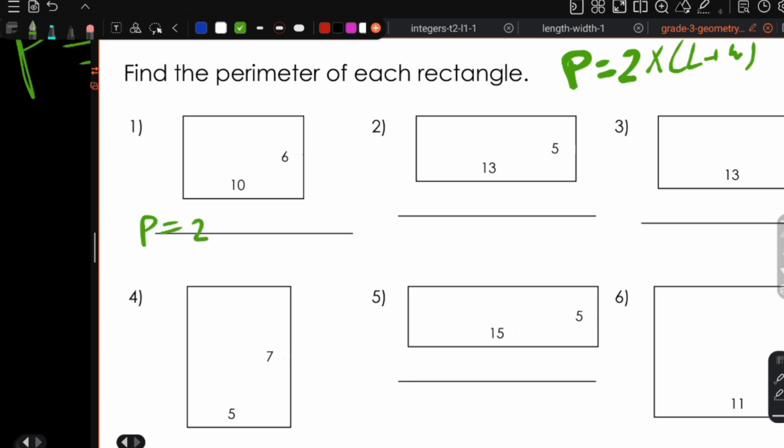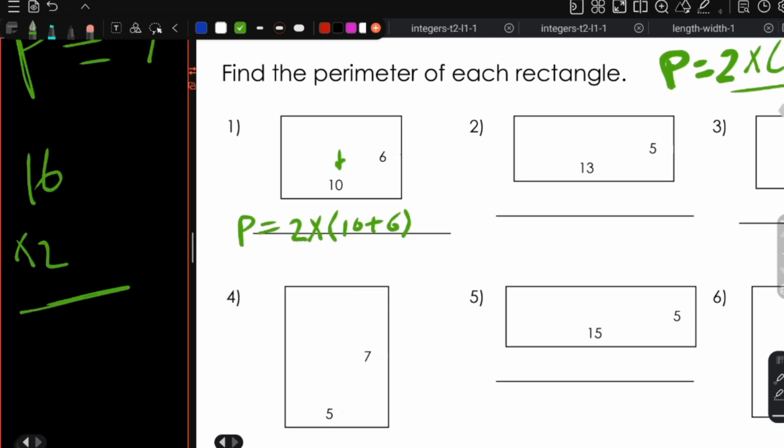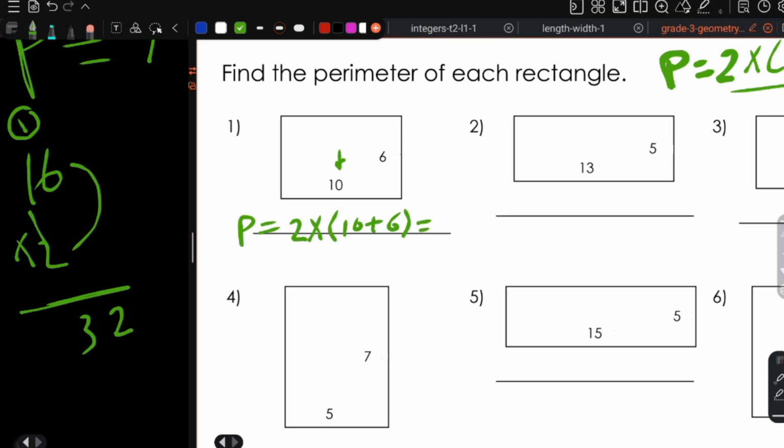Okay, using this rule: 2 times length 10 plus width 6. 10 plus 6 will be what? 16. Okay, and I have 16 times 2. 2 times 6 will be 12. Write 2 and carry up 1 here. 2 times 1 equals 2, plus 1 equals 3. So the result will be 32